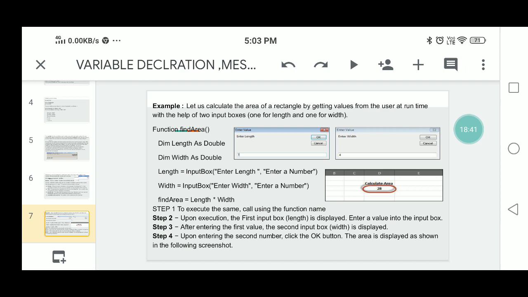Through this, it accepts the data and assigns it to length. Next, width equals input box, enter a number. Through this string, it will ask us for the data for the declaration of width. Then next, you can calculate the area: find area equals length into width. It will calculate the area of the